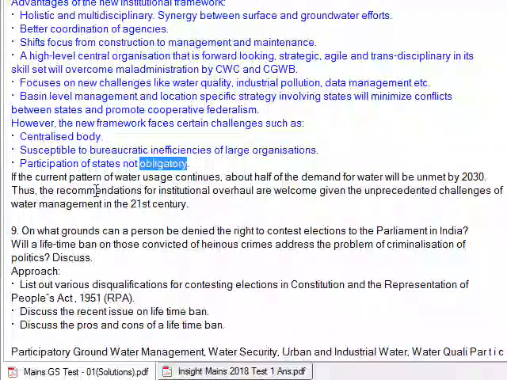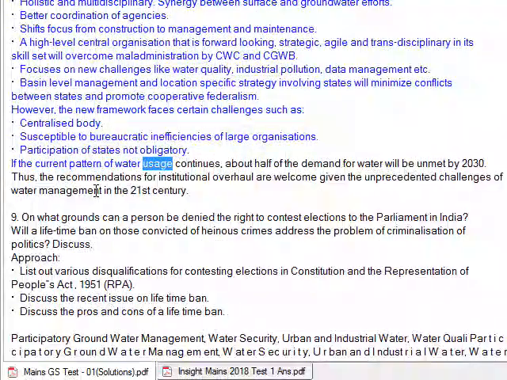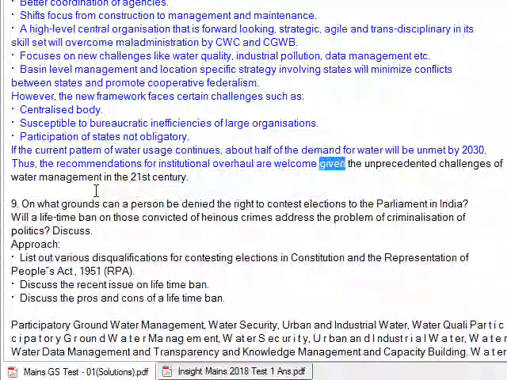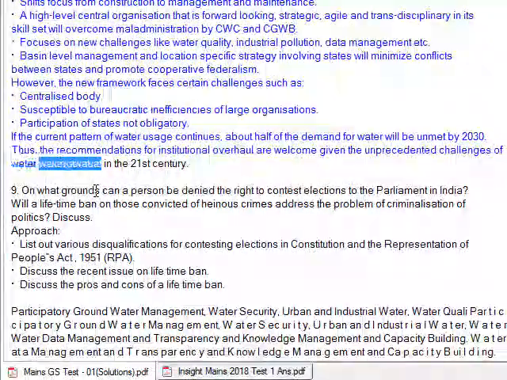states not obligatory. If the current pattern of water usage continues, about half of the demand for water will be unmet by 2030. Thus, the recommendations for institutional overhaul are welcome given the unprecedented challenges of water management in the